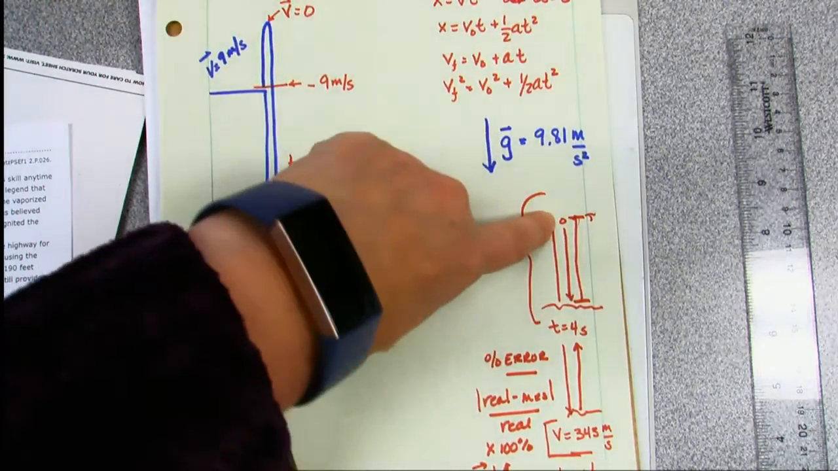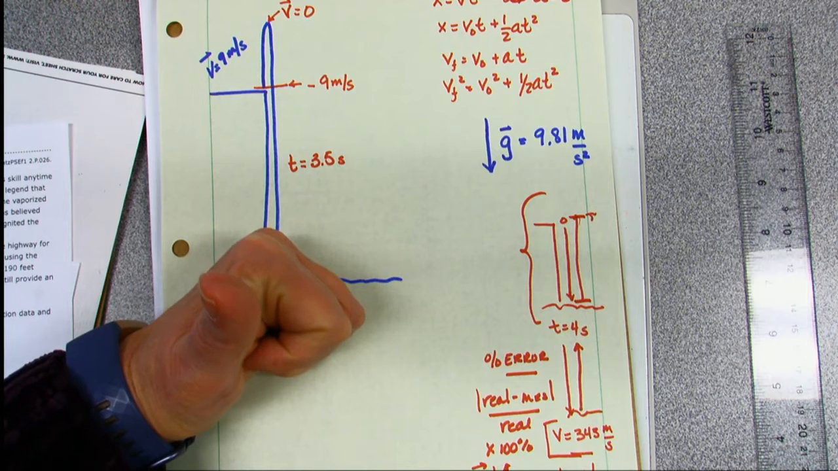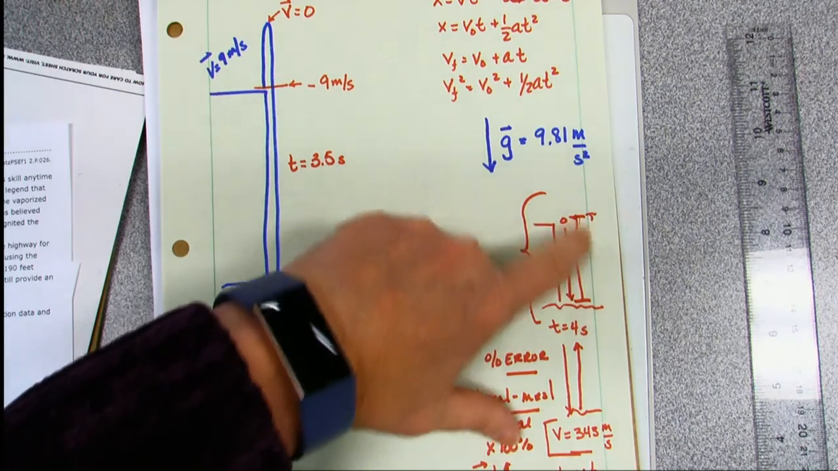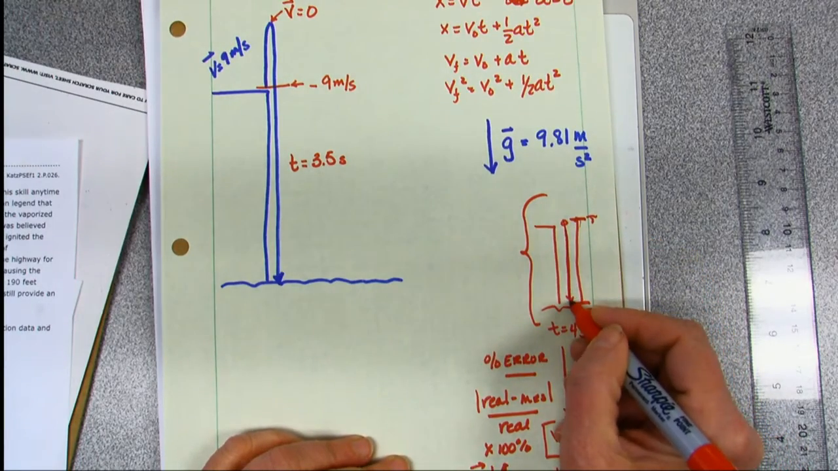We start the stopwatch here. Hit the stopwatch. Ball's going to fall. It hits the splash. Sound travels back up. The distance in that time period accounts for the fall of the ball plus the